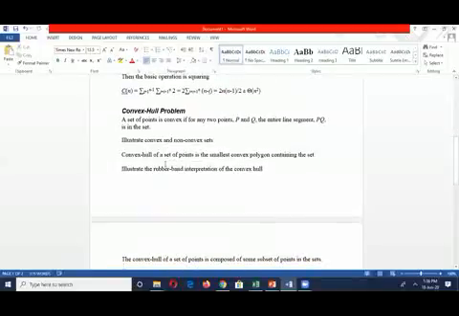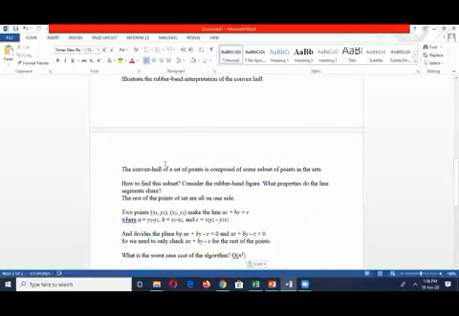So now we can see this convex hull. A set of points is convex if for any 2 points, the line segment between them is on the same set. Convex hull satisfies the convex polygon. Convex hull is a set of points used to represent a polygon containing the given set. Now we can see this example, and also the worst case. The worst case of this convex hull is order of n cube. The convex hull is used to determine the set of points composed from a subset of points in the set.